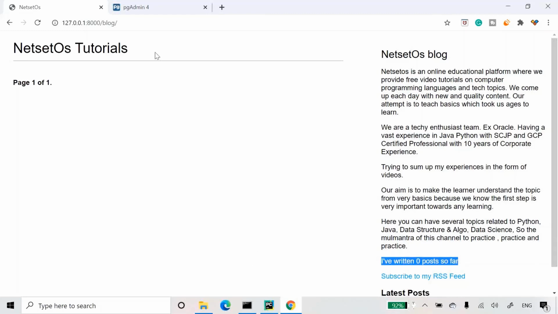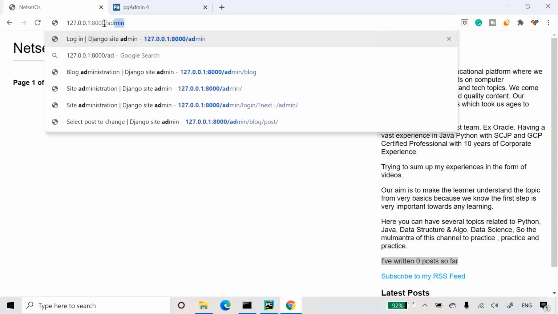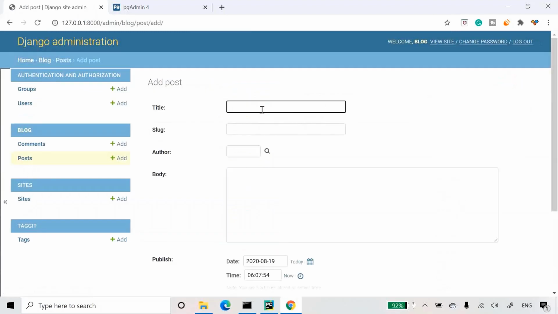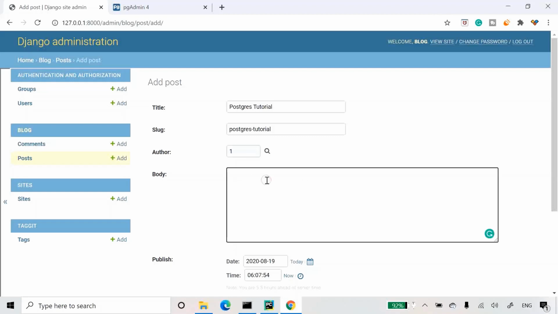Let's create one post over here. So for that I'll go to admin, go to post, add post. Let's give the post title as Postgres tutorial. Author will be the same, myself, and here I'll give some lines about Postgres.